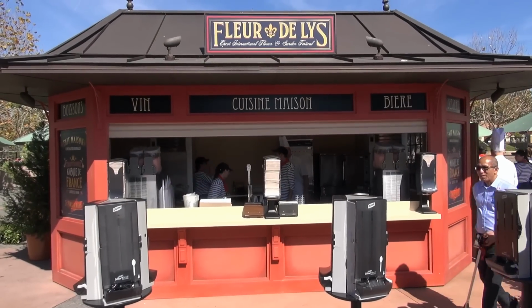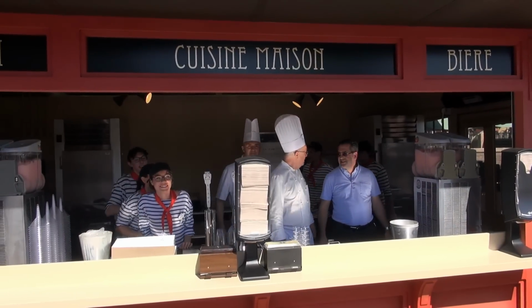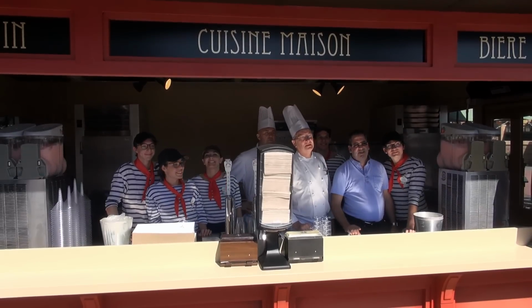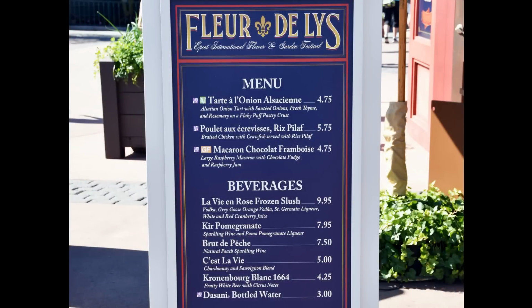Oh boy, here we go. Our tradition is to go to the Fleur de Lis booth over at France. It's always fun to kind of see them opening for the first time. For the first time during the Epcot Flower and Garden Festival, there's Eric and the food and wine there. Yes, Eric is terrific, and I just want to mention we tried a number of items here,